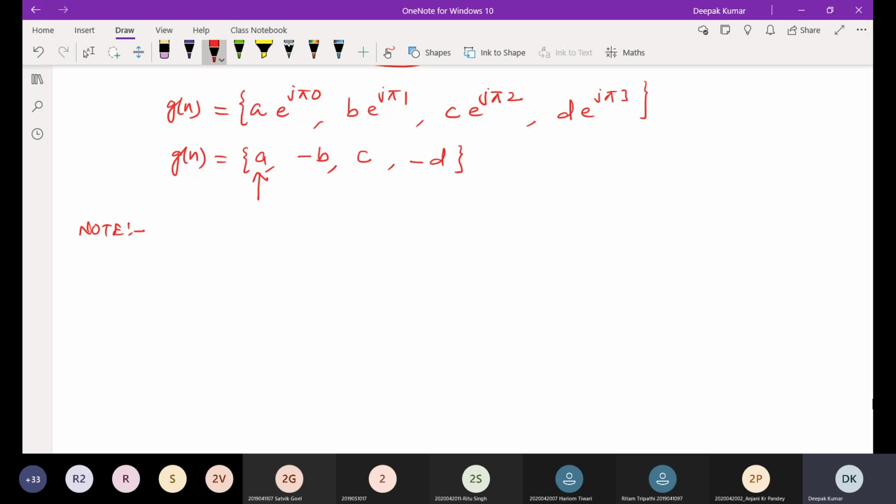Keep this as a note: when the discrete time Fourier transform is shifted by half of the time period, this is the generalized term, half of the time period or pi, then